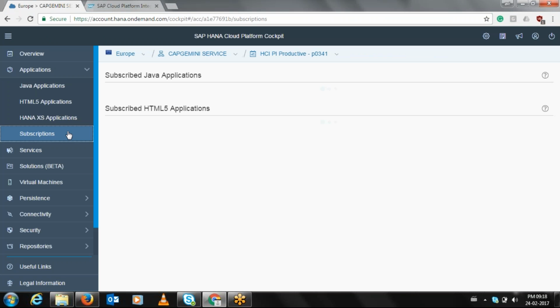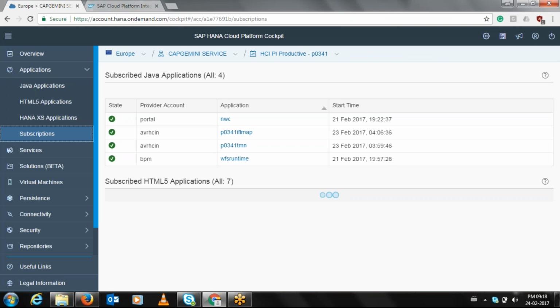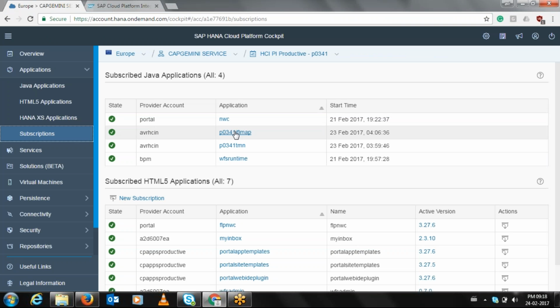So but in this inscription option, I have these are the steps which you need to perform to initiate or start your HCI. Okay,